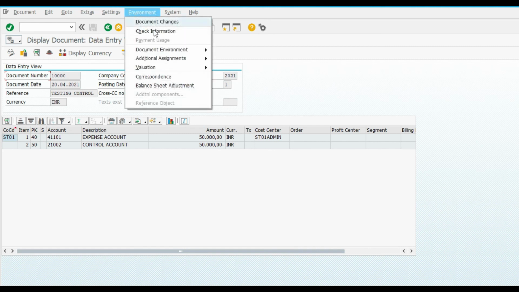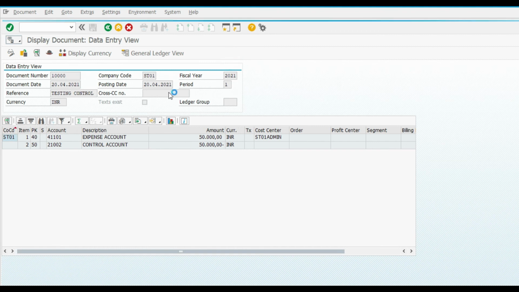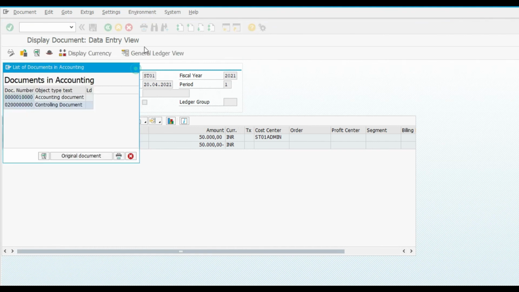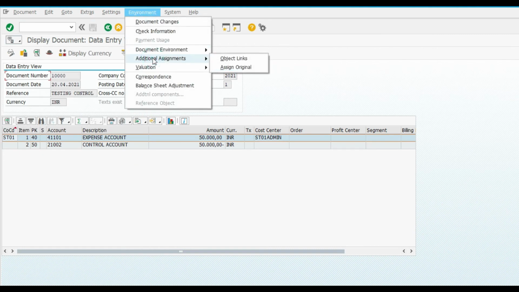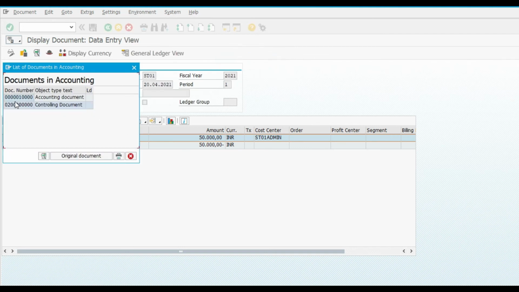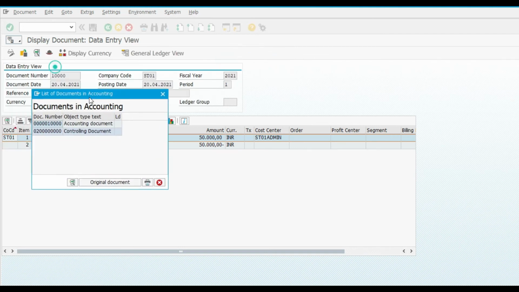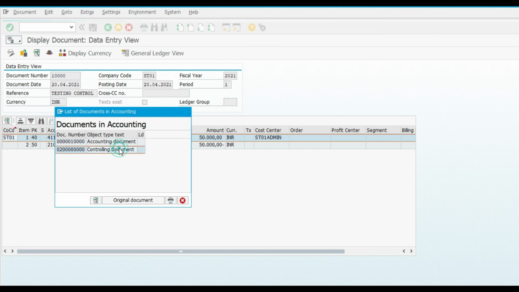Suppose we have to check the controlling document, go to environment, document environment, accounting documents. So this is our accounting document which is appearing here, and this is a controlling document.